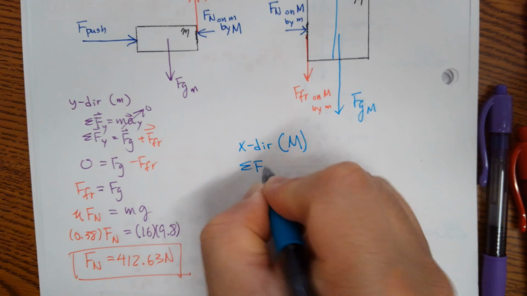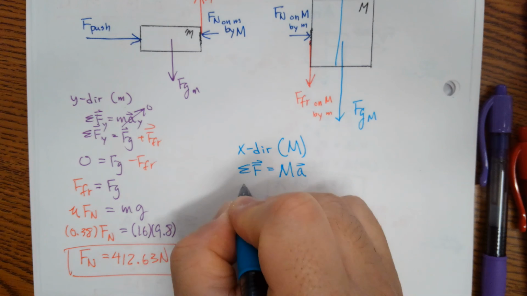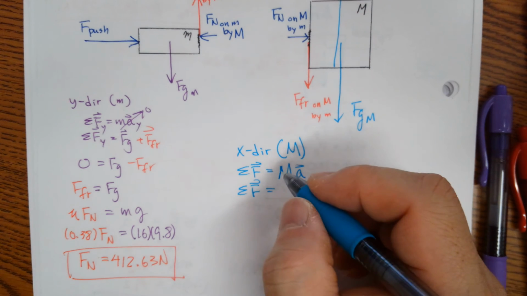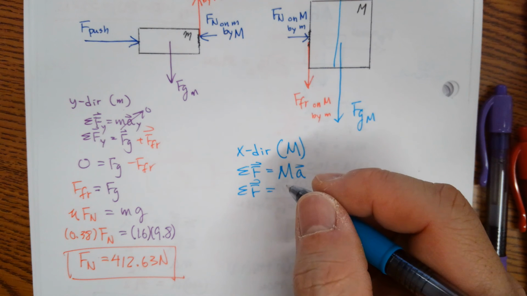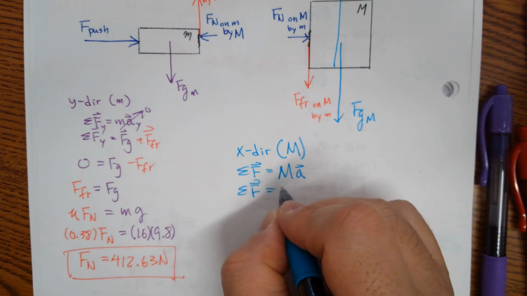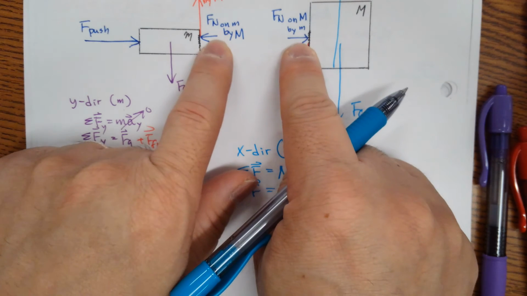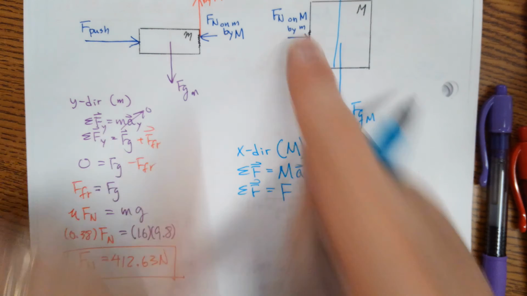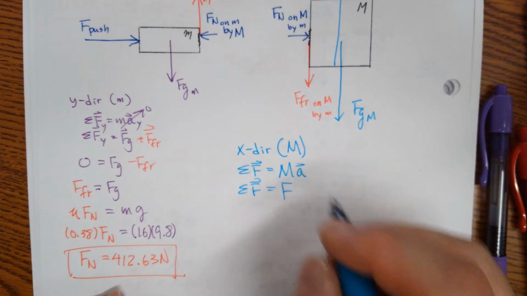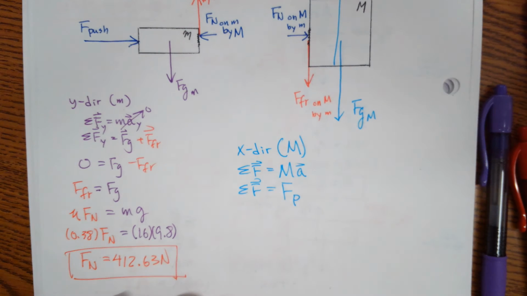So the sum of all forces is equal to ma, and the sum of all forces is equal to, I just have basically F push, because these will cancel out basically, right? These will cancel out, right? So F push, right? F push,